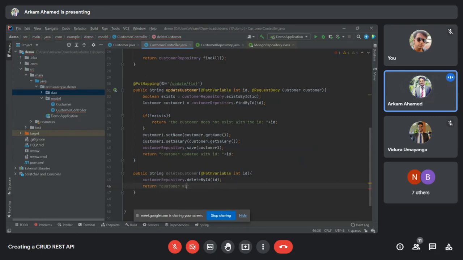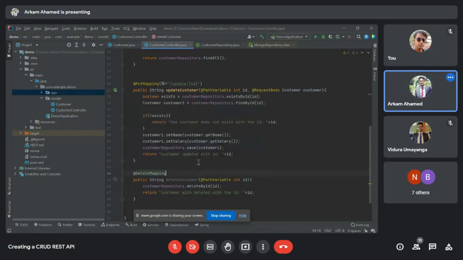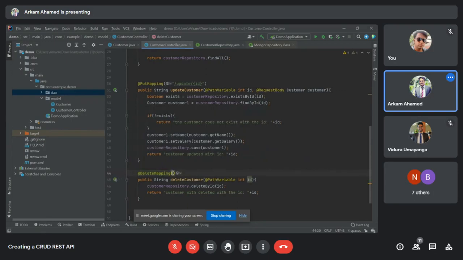Delete it. ID. And then annotate it with delete mapping. Since we are getting the ID from the user, we will have to give it within the curly braces. So this equals to this.